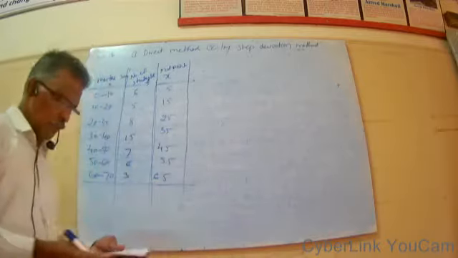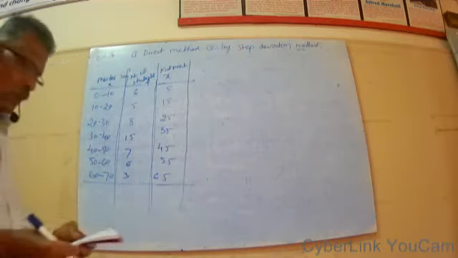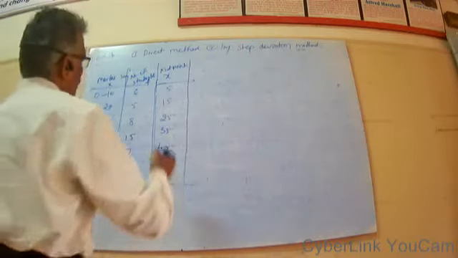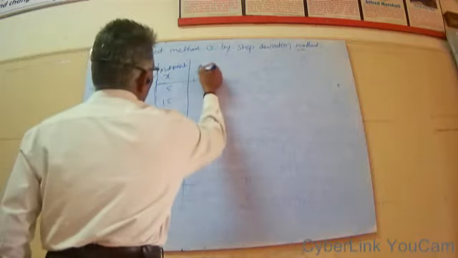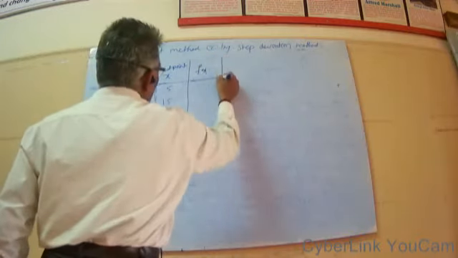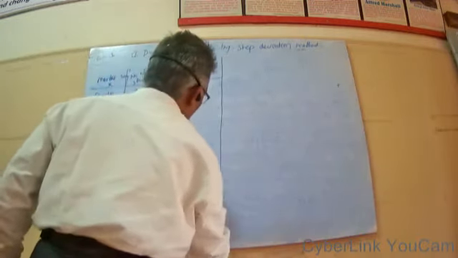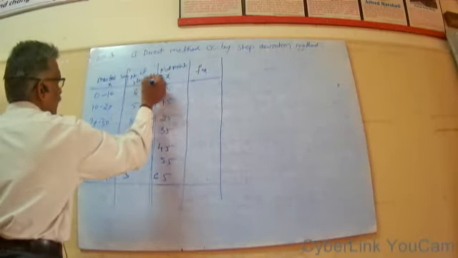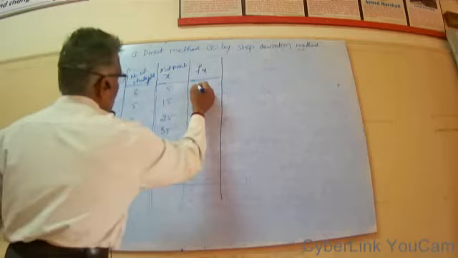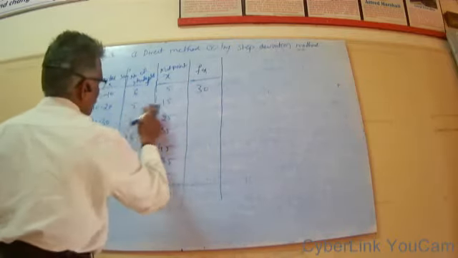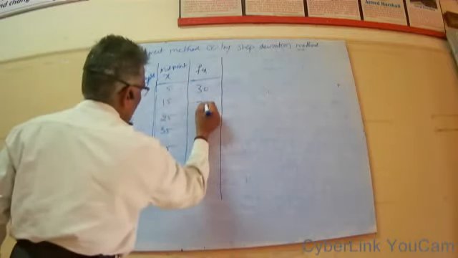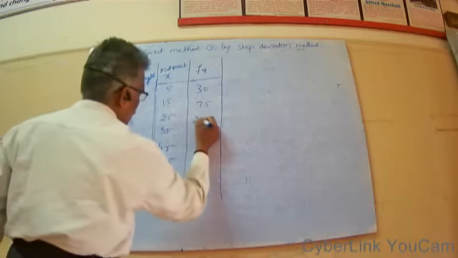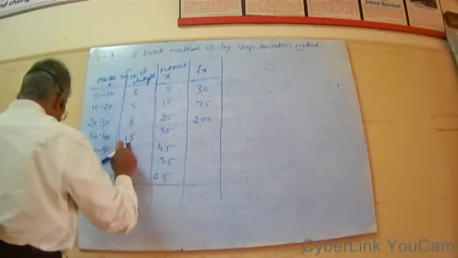Now next step is you have to take fx as earlier, f into x. How to do that? This is the f, this is the x. F into x: 6 into 5 is 30. 15 into 5 is 75. 25 into 8 is 200. 35 into 15 is